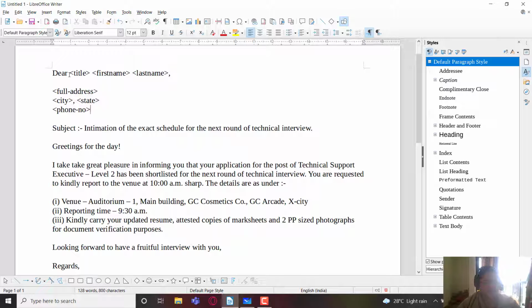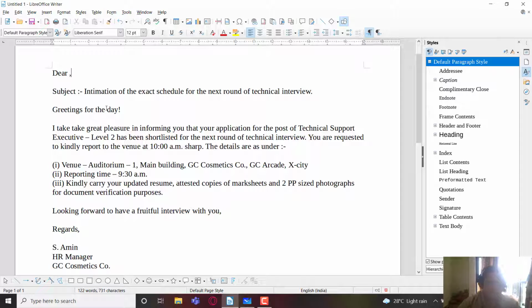So these are the things which we want for all the candidates, right? So I'm going to just delete this because these fields will be added during the mail merge itself, right?